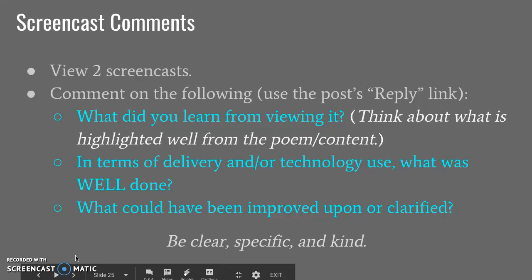So the last thing we do on the very last day is I ask them to watch 2 of their classmates' screencasts and give some feedback. So what did you learn from viewing it? So think about what they talk about in terms of content and in terms of literary devices. And then in terms of delivery, what was done well, and then